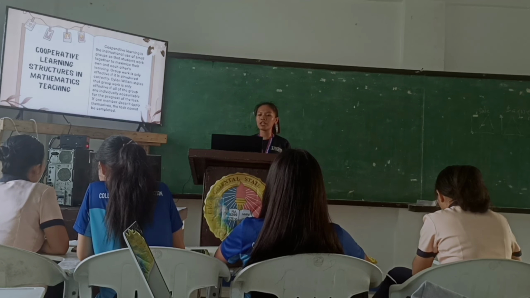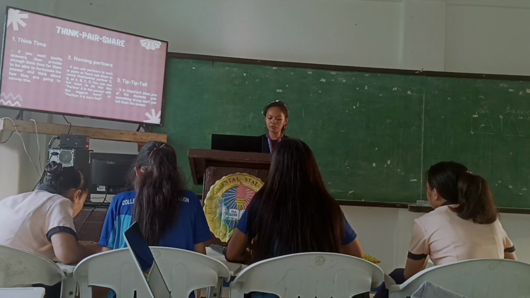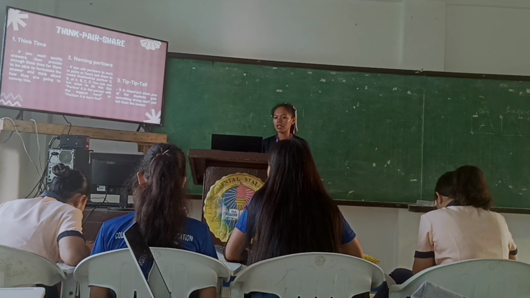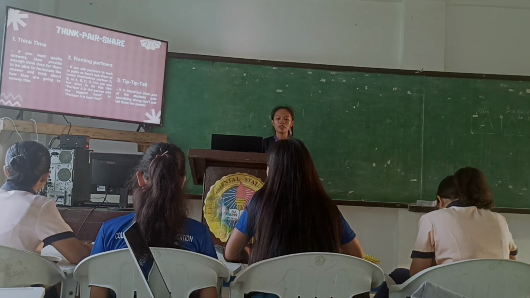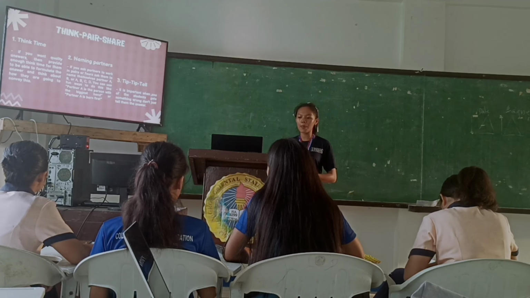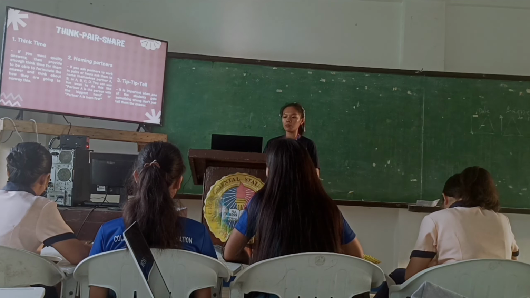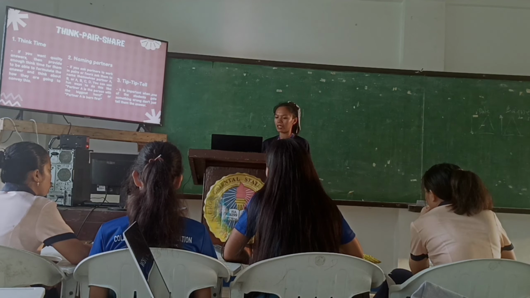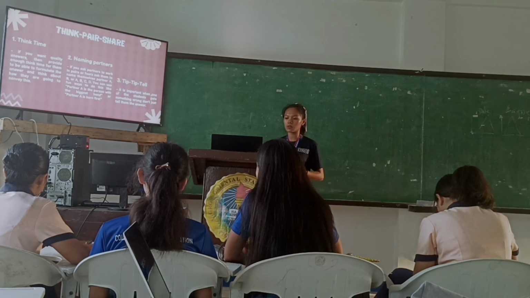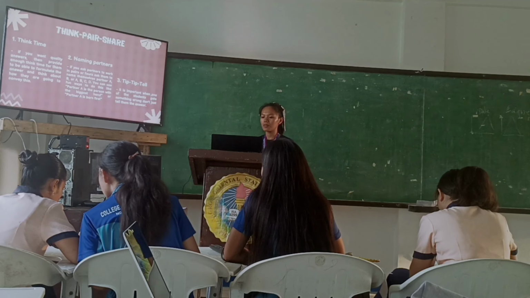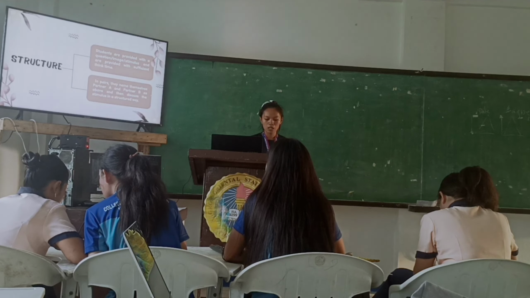Yes, ma'am. Okay, so I have here the examples of cooperative learning. The first is think, pair, share. The first is think time. If you want quality answers, then provide enough think time for them to be able to formulate the answer and think about how they are going to complete this. The second is naming partners. If you ask partners to work in pairs or fours, ask them to name themselves partner A, B, or A, B, C, D. You can use different ways to do this, like partner A is the person with the biggest hand, or partner A is born first. The third is hint. It is important when one of the students gets something wrong, you don't just tell them the answer. So the structure is,